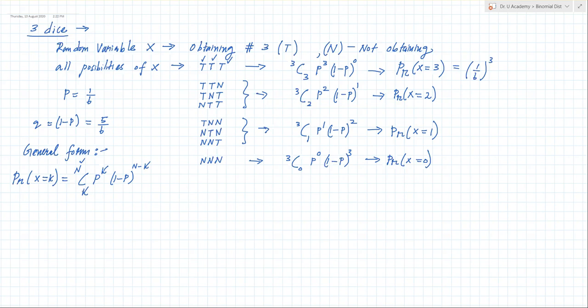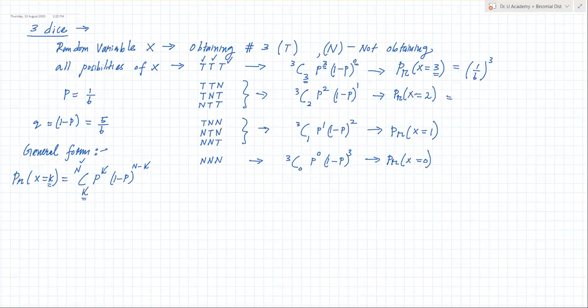What is the K value? So you have to connect K with this. K is your necessity, right? So in here, K would be 3. In here, K would be 3. So when K is equal to 3, you are going to replace this position. N minus 3, 3 minus 3 is 0, like that. So when you calculate this one, you would get this answer, 1 divided by 6 to the power 3.